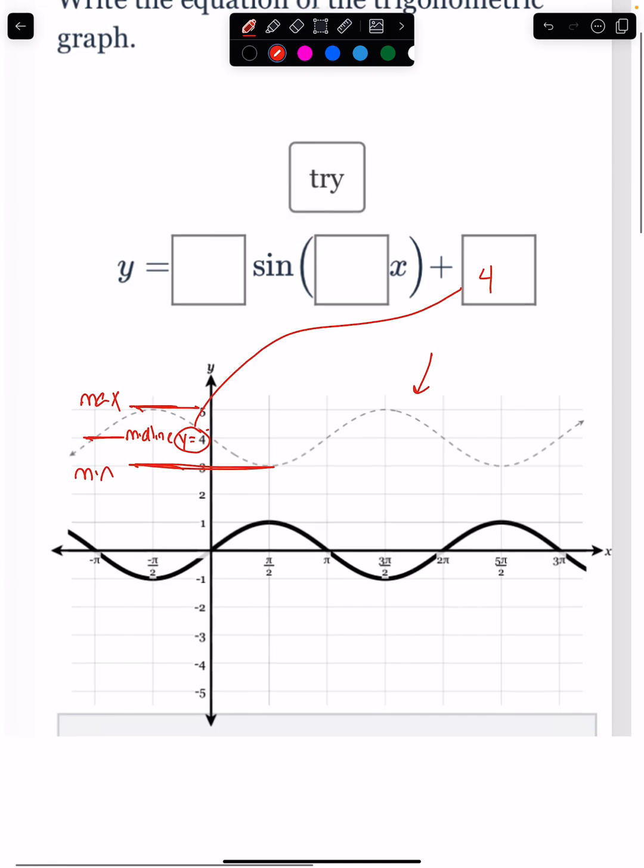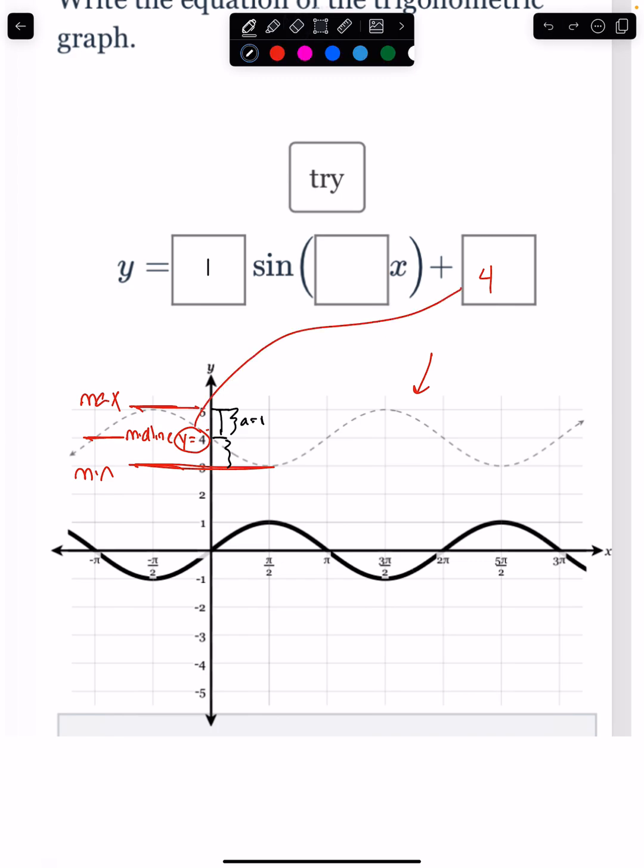Okay, from my midline, how high am I going? Okay, I'm going 1 unit up, so my amp is just 1. I'm going one up, one up, and one down, right? Okay, and then the other question here is,